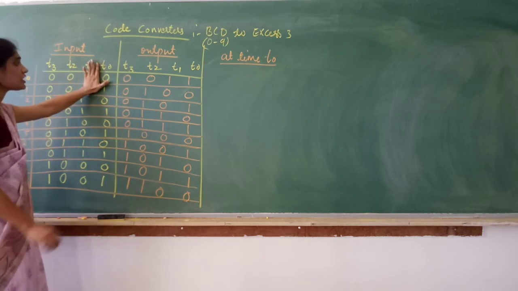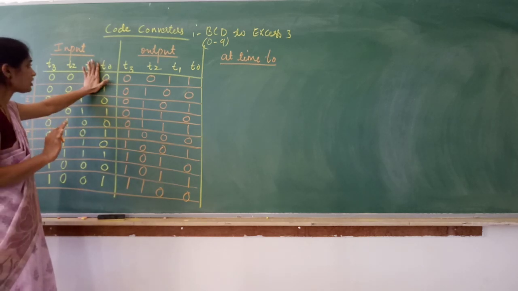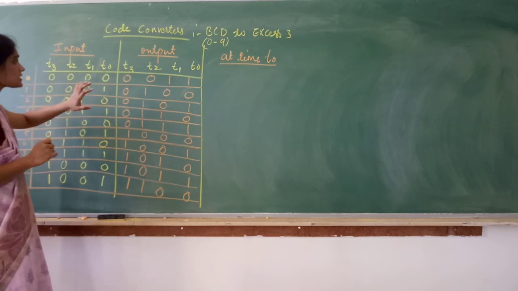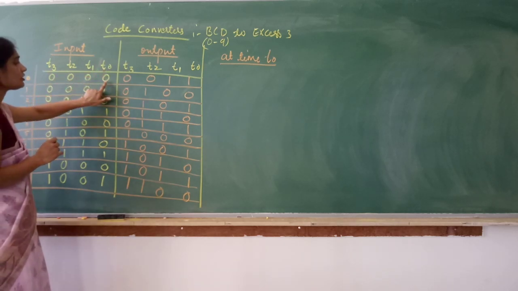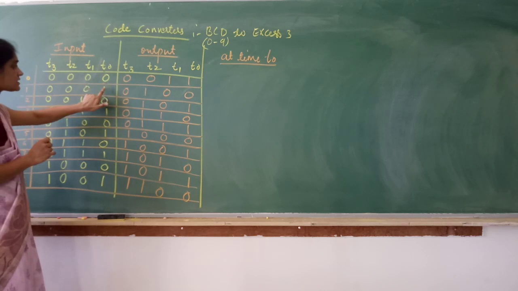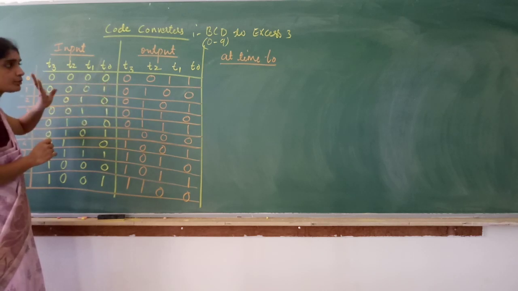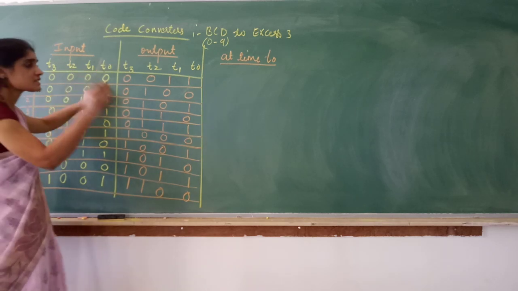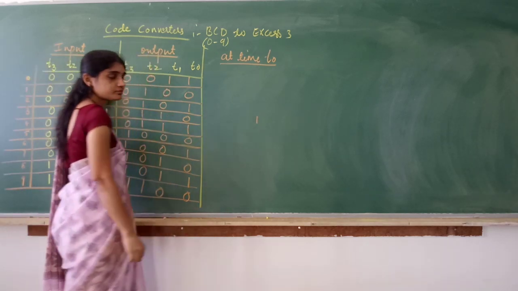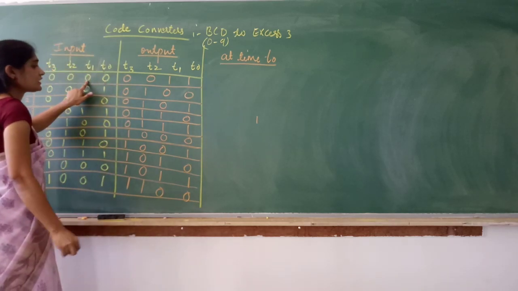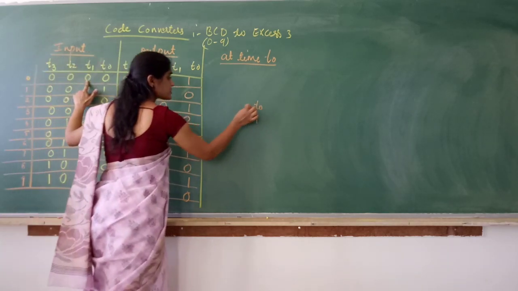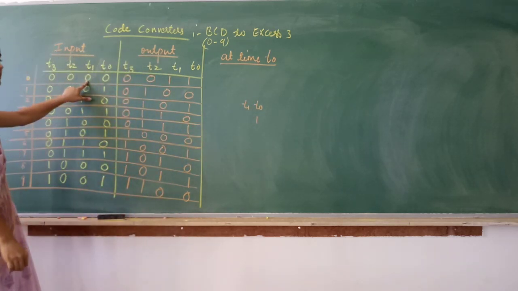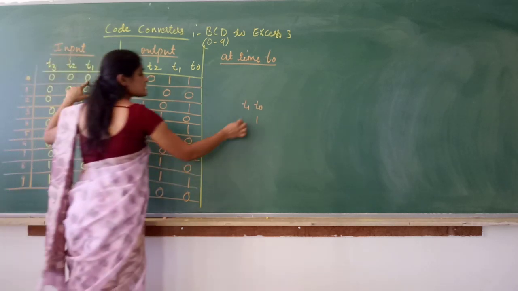So we have received only one bit now. At time T0, see how the sequential circuit is going to be designed. The logic is, at time T0 we receive the first bit. It can be any input, and the input will be of 4 bits. Let's say I receive the first bit as 1. At time T1, I receive the second bit. Let's say the second bit is 0.